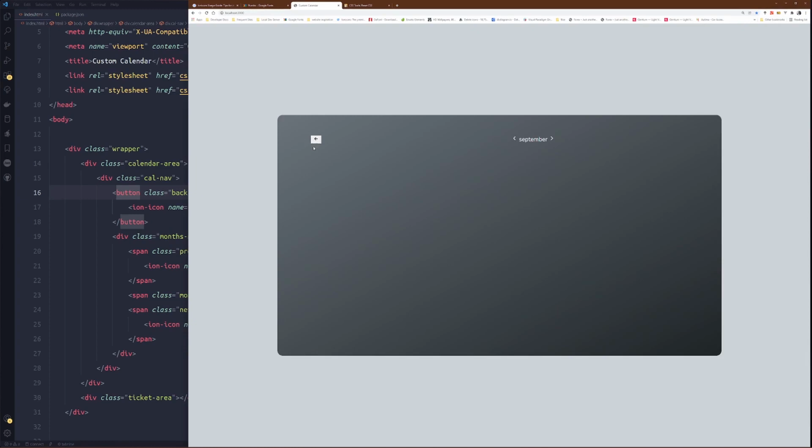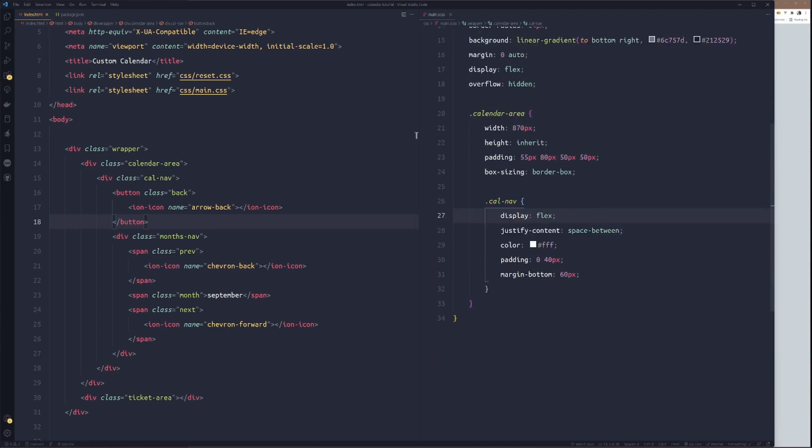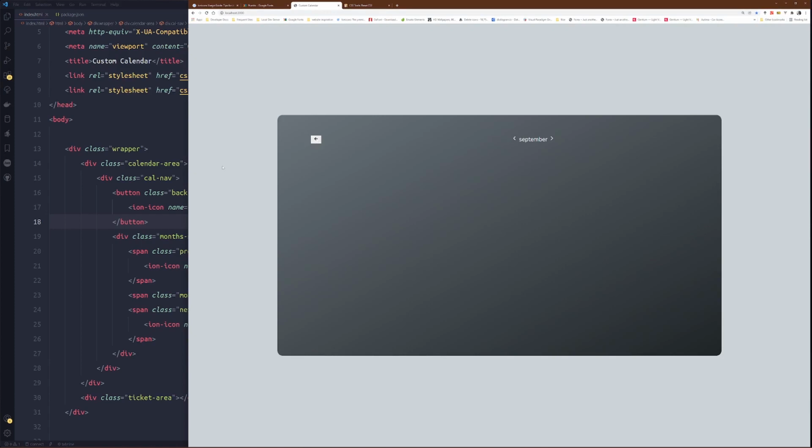So now for this button, we'll set the background. Inside cal navigation, the button back. All right.